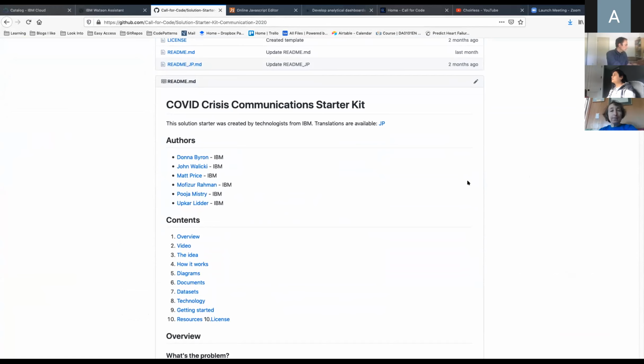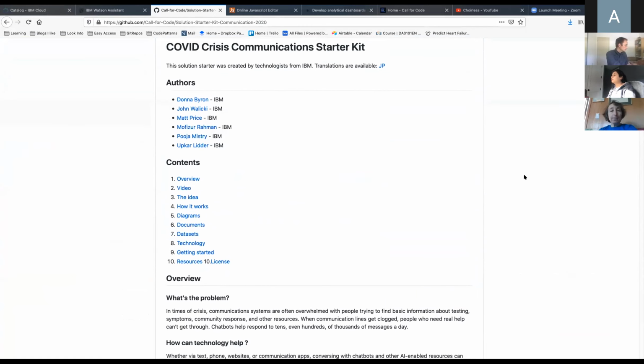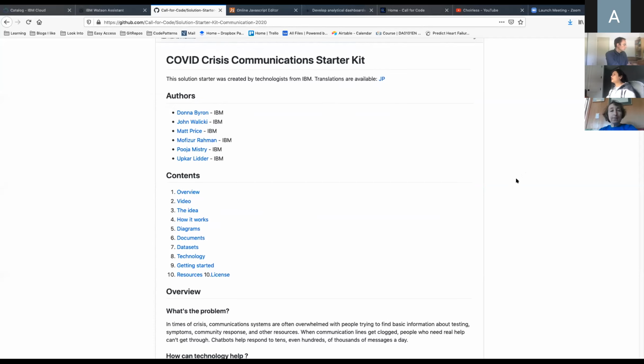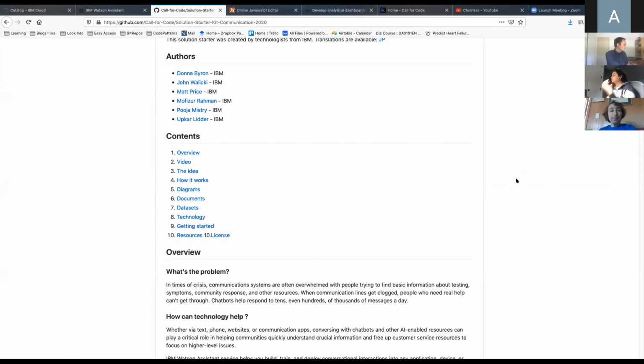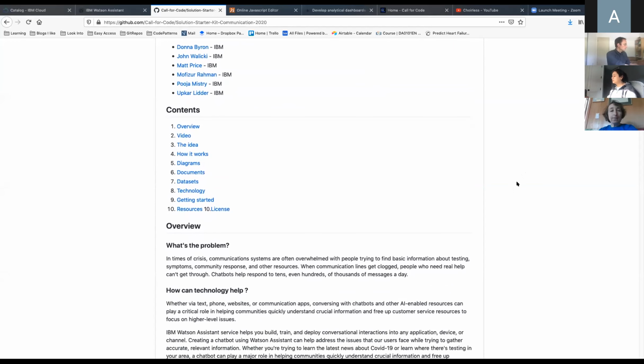I'm sure you can all imagine a lot of people are asking very similar questions during this time: what are the symptoms of COVID, where can they get tested, how many people have been affected. If the whole world is asking these questions and calling a hotline, you can see that would get overloaded really fast. One way to combat that is by creating a COVID communications chatbot, and that's what my team did with this starter kit.